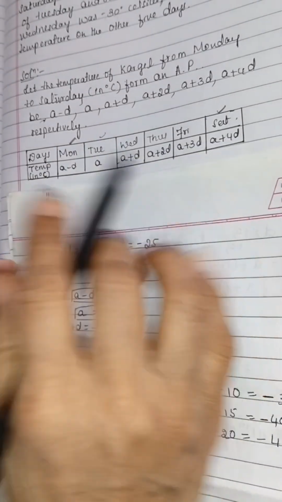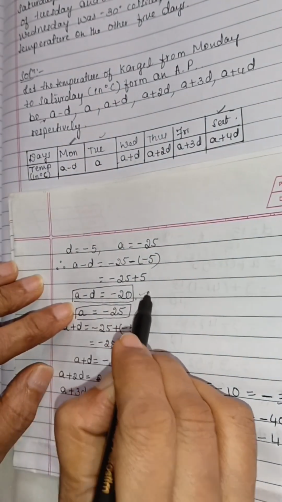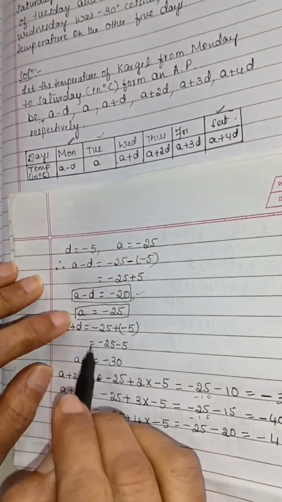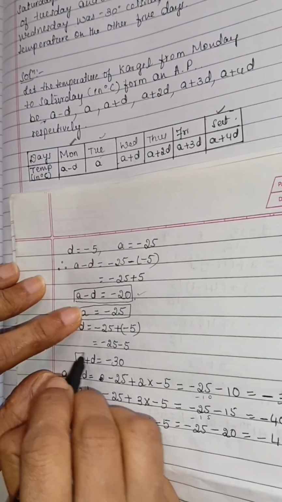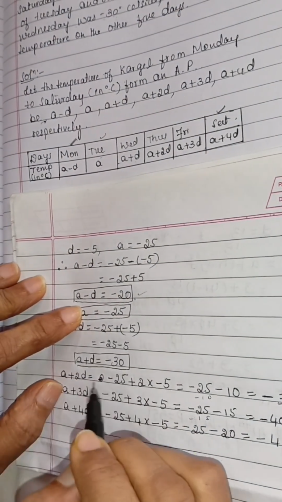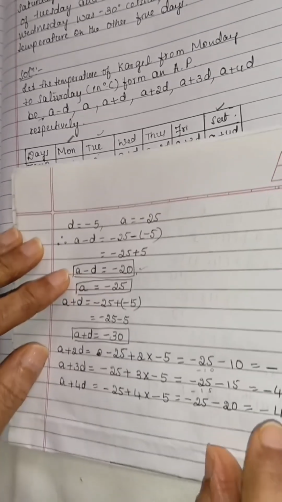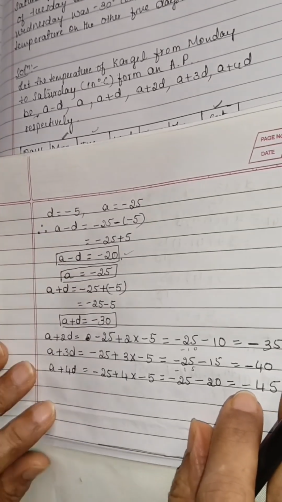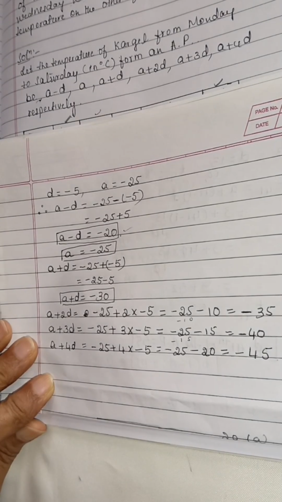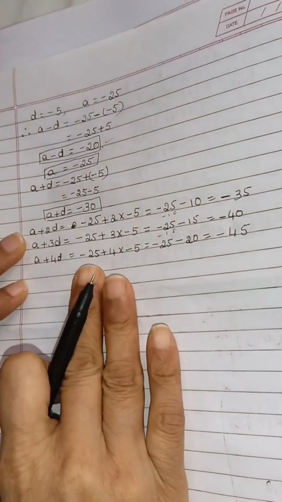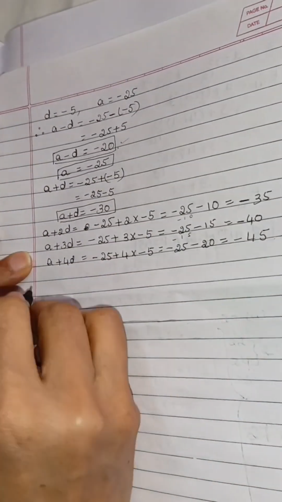See here it is a minus d answer. This is a, and a plus d, and these three, a plus 2d. So we will write the answer now. Therefore, answer is